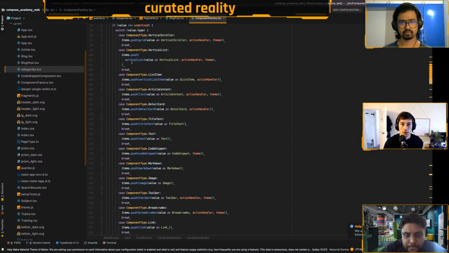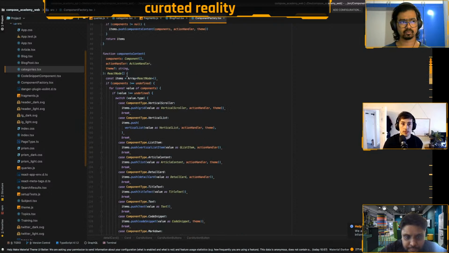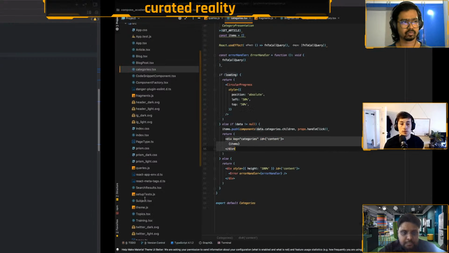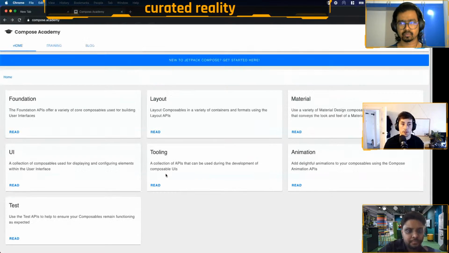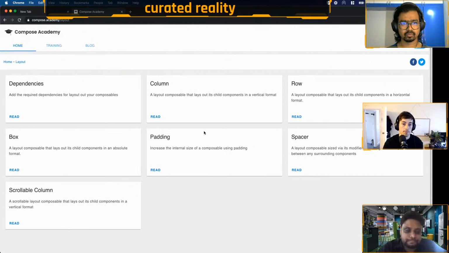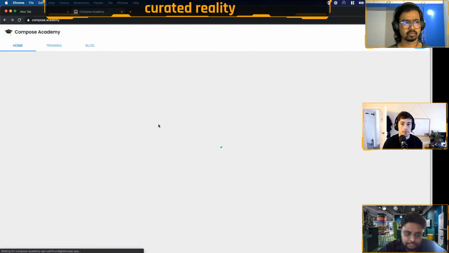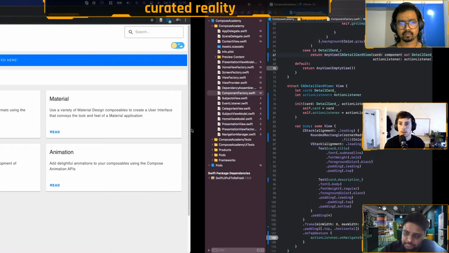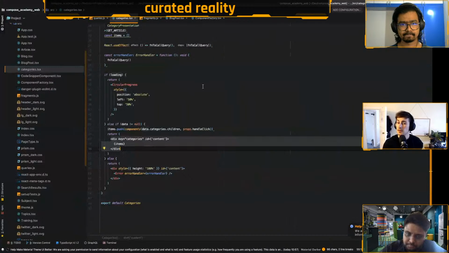So once that's done, a list of React nodes are returned, and the category screen will essentially display that list of items on screen, and that gives us what we see here. And each of these screens are very similar. We're just reusing each of the things that are there. I think in terms of the website, that's kind of a high level of what's going on there. I don't think there's anything I missed, but happy to answer any questions on that so far, if anything comes to mind.